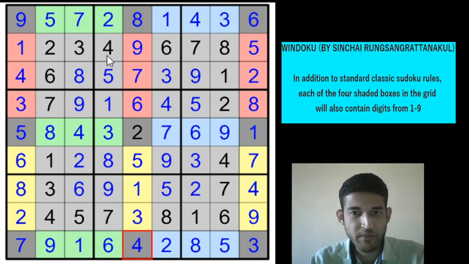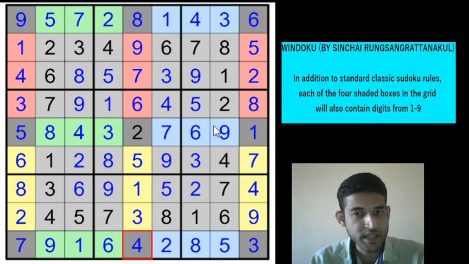It's enough if you remember that the cells which are outside the windows in each of those boxes or each of the group of rows or columns will also contain 1 to 9. So I'll repeat that again. Rows 2 to 4 and rows 6 to 8 have two sets of 1 to 9 each. So the yellow cells and the red cells will also contain 1 to 9, and similarly along columns 2 to 4 and columns 6 to 8 there are two sets of 1 to 9 in the windows.